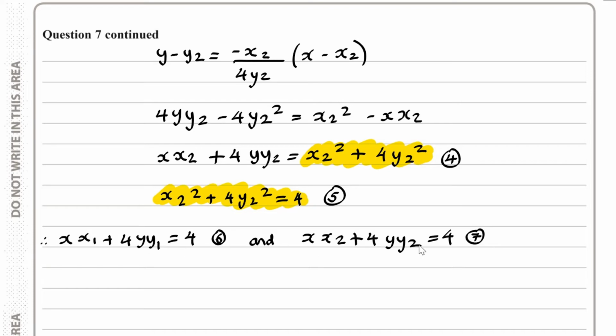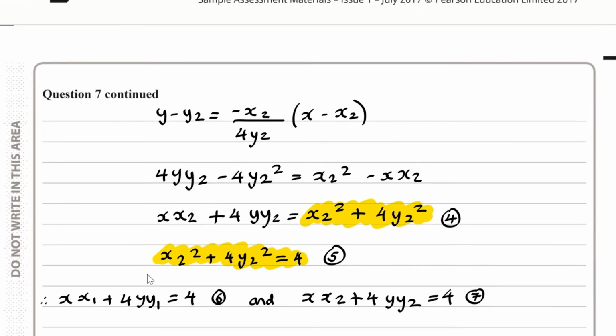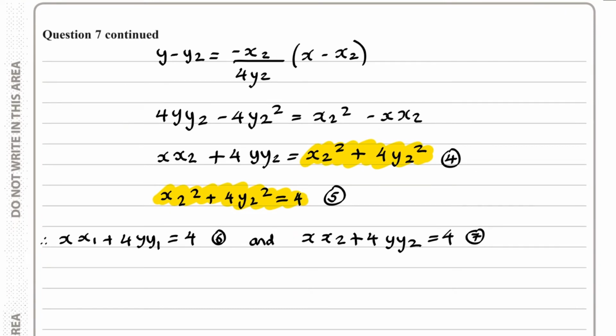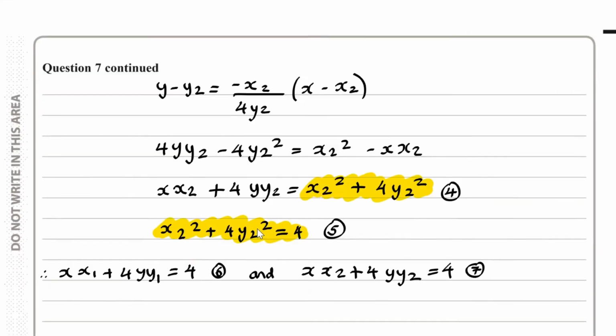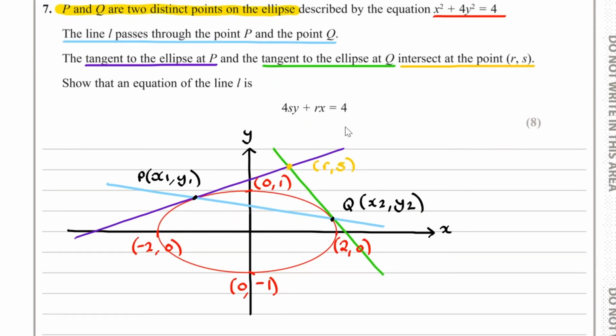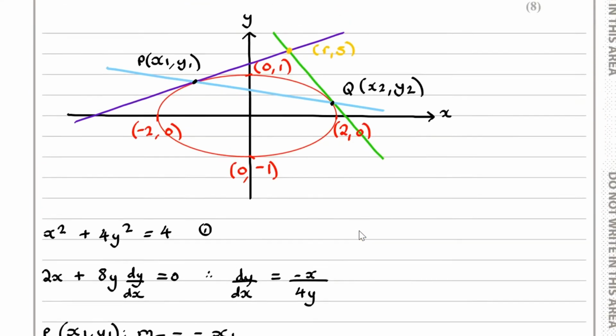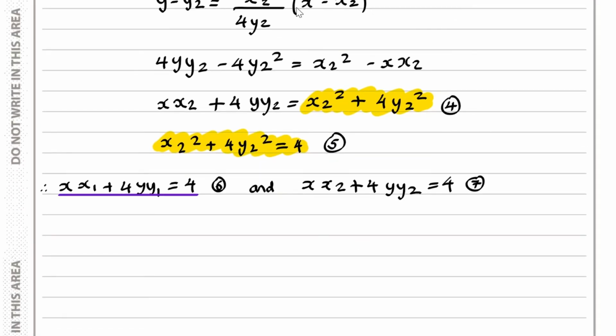So what we have over here then are the equations of the tangents. Okay, so hopefully that makes sense, what we've just found out then. So here we have the equation of the tangent at the ellipse at P. That's equation 6. So let's just underline this. And then we also have in the green colour the equation of the tangent at Q. So hopefully all that makes complete sense. And what we already know is that equations 6 and 7 intersect at the point R, S. So let's write that down in orange. Equation 6 and equation 7